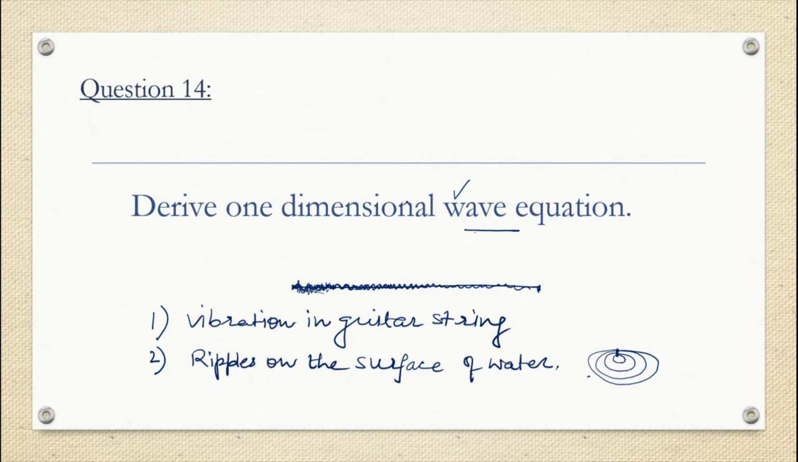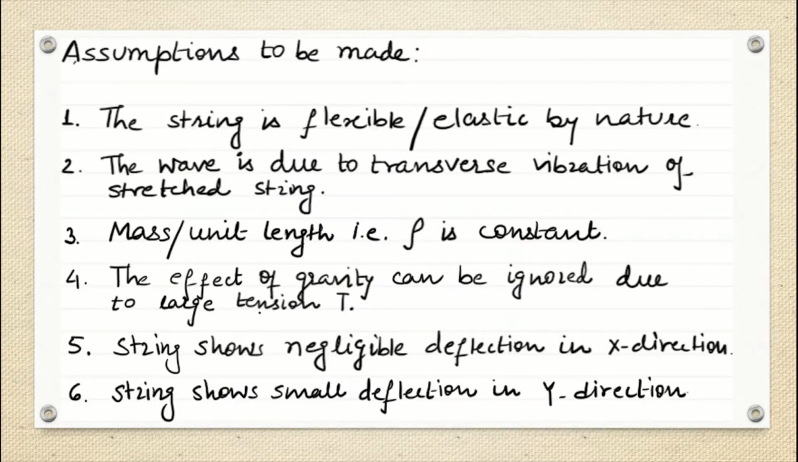To start with the derivation of this one-dimensional wave equation, we will consider some assumptions so that the scenario will show all those properties of our one-dimensional wave equation, fine? So here are some assumptions listed. These assumptions say that the string which we are going to use for the derivation should be flexible, fine? The string should not be very rigid, okay? It should be flexible or elastic by nature,